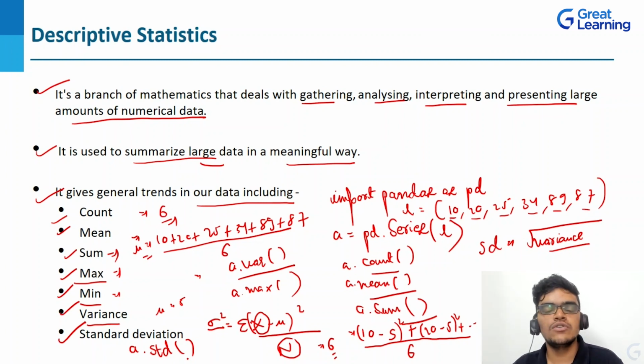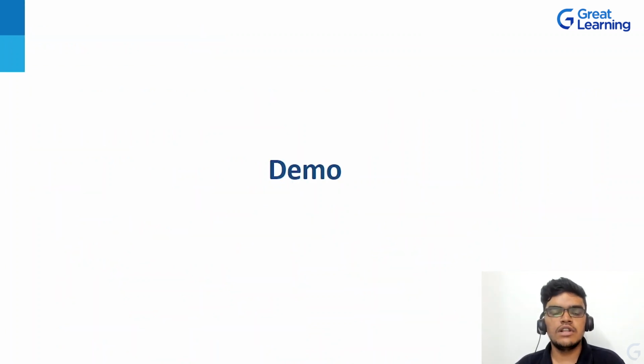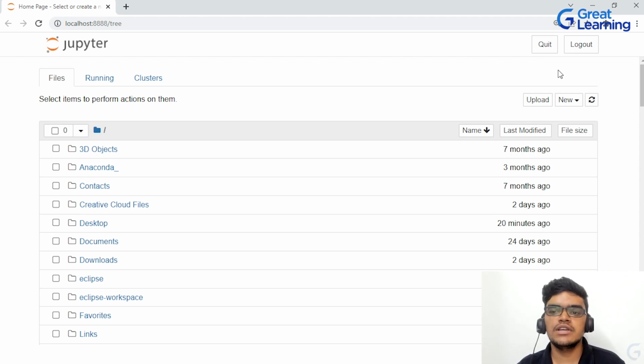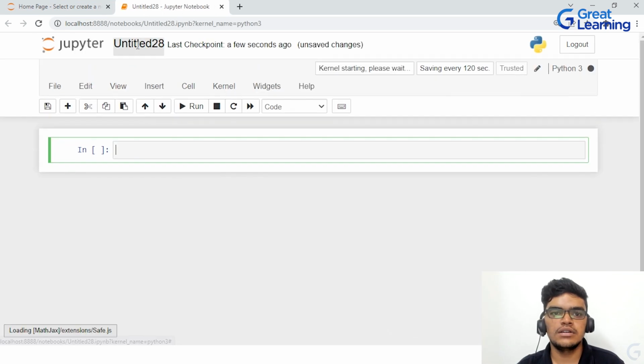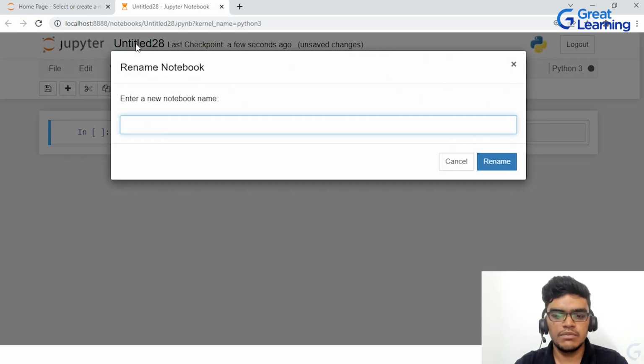And as I already told you, you can also calculate the median, you can also calculate the mode, and there are a lot of other functions using descriptive statistics. So now let's see the practical implementation of descriptive statistics. I will be using Jupyter Notebook, click on New, click on Python 3, and I will write pandas